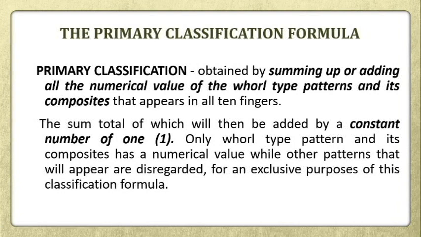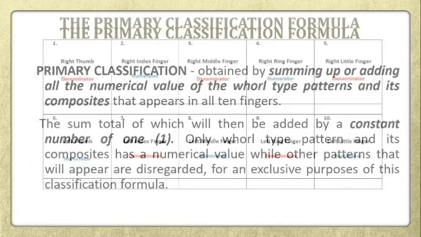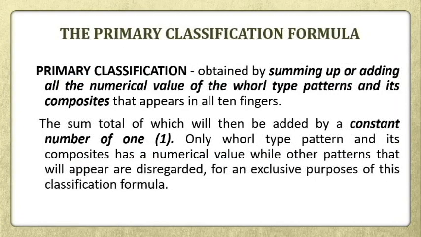Only the whorl type pattern and its composites have a numerical value. Other patterns that appear are disregarded for the purposes of this classification formula. So in the primary classification, we are only giving the numerical value to the whorl pattern. And if you are asking what we mean by a numerical value in the primary classification,